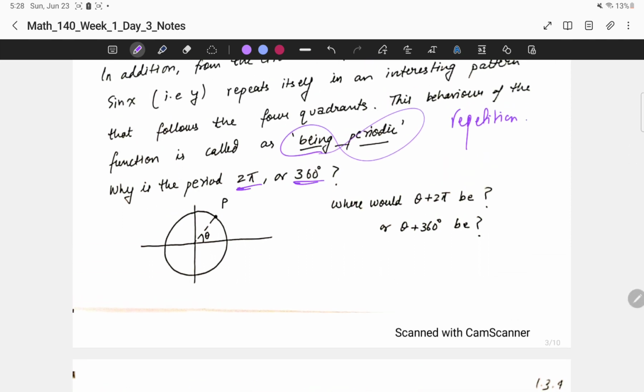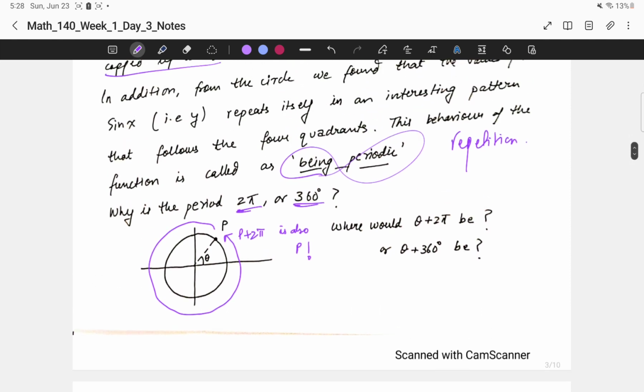And this makes sense because if you take this point theta, and if you look at a point which is 1 full rotation later, that would just be theta plus 2 pi. So after exactly 2 pi, you're going to repeat the values. Okay, so what's the range for sine? It's -1 to 1. What's the domain? It's R. And you should be able to reason out that it's going to be the same for